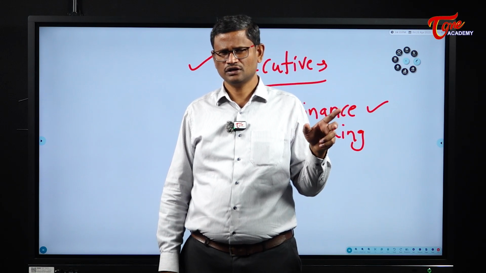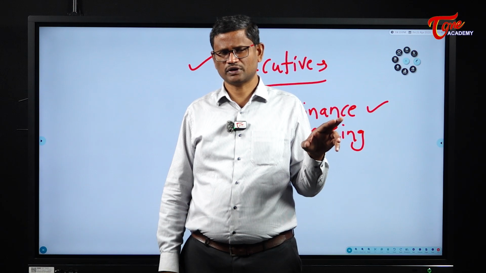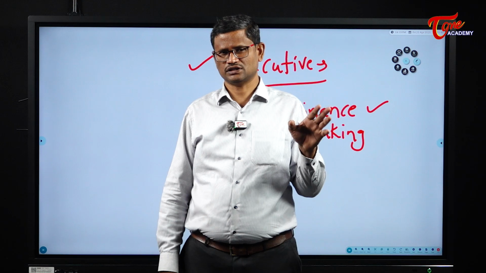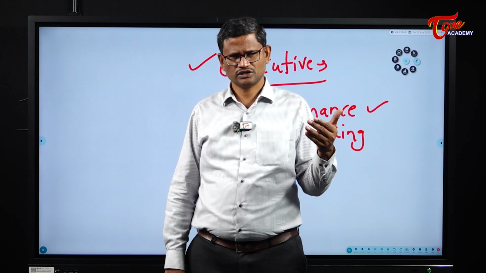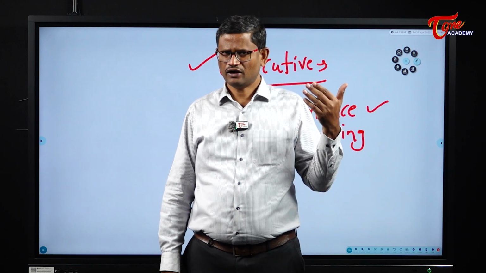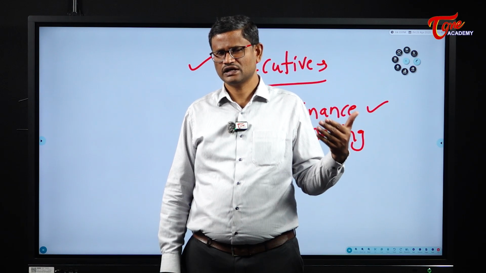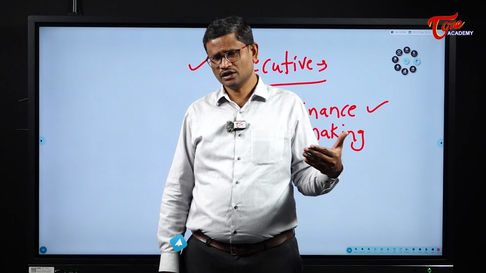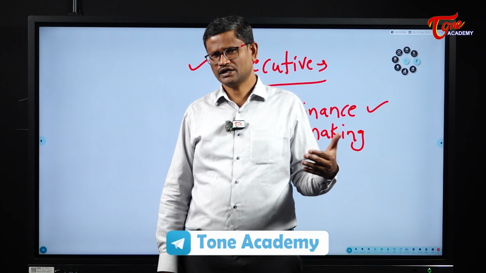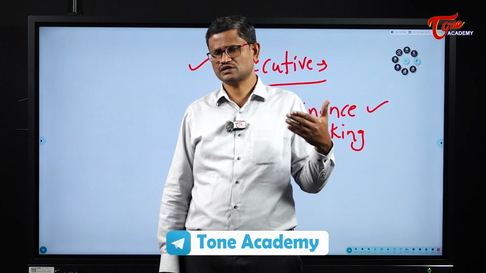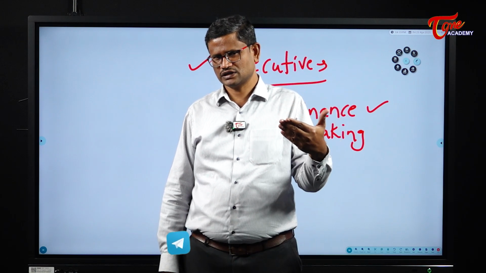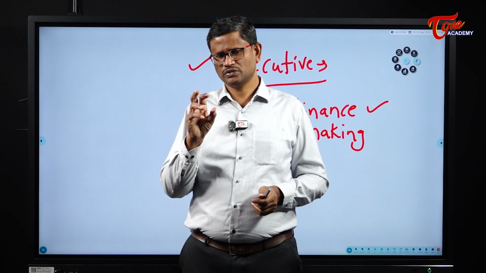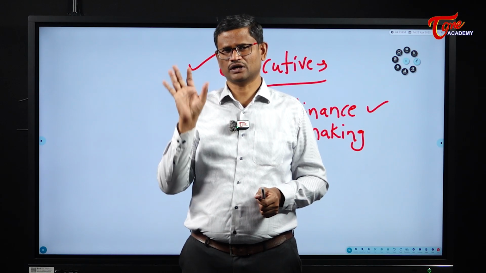Then what is an ordinance? An ordinance is a law made by the executive branch of the government when the parliament is not in session and when there is urgency. So any ordinance which is made by the president will have a maximum life of 6 months and 6 weeks. Once an ordinance is issued by the president, it can be in force for a maximum period of 6 months and 6 weeks. So within 6 months, 6 weeks, the ordinance has to be taken before the parliament.